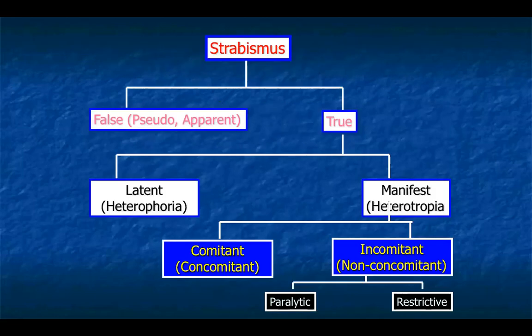Back to our classification, we talked about false or pseudo strabismus. Now we are going to talk about true strabismus. The first type of true strabismus is latent strabismus or